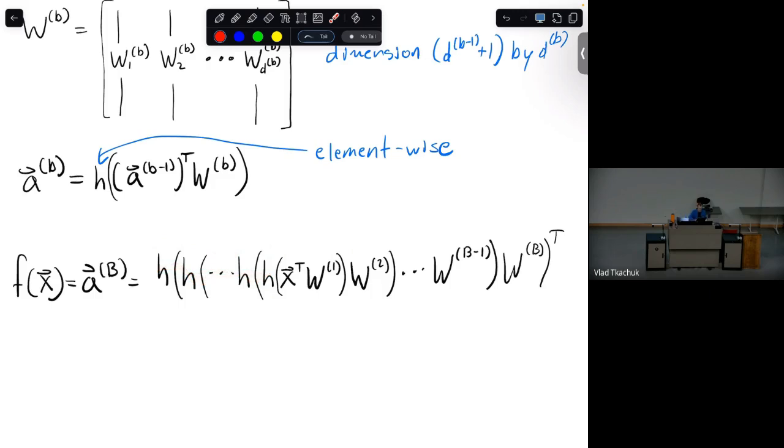And what you'll find is that this whole thing looks like x times a matrix times a matrix times a matrix times a matrix. And that whole thing, what's a matrix times a bunch of matrices? That's just another matrix. You can just call that your linear function. So you end up with something that's just a linear function. So if you remove the activations, you really get nothing but a linear function.